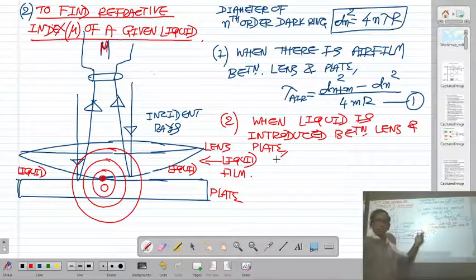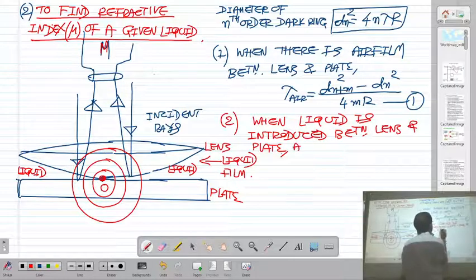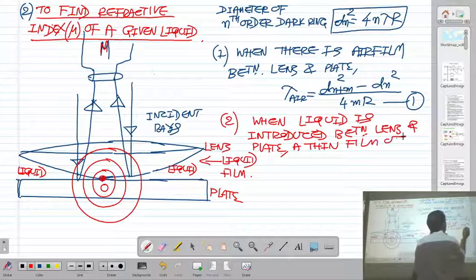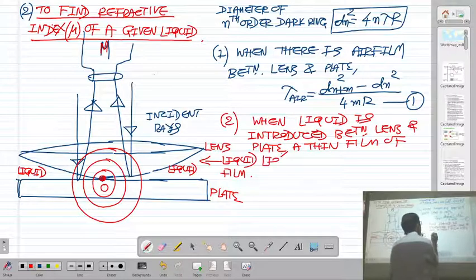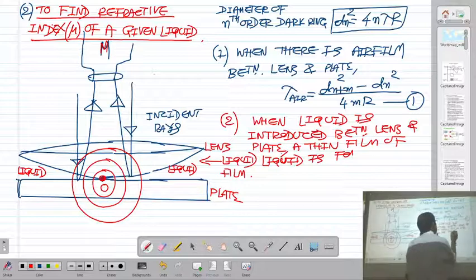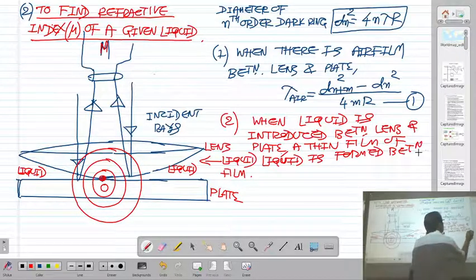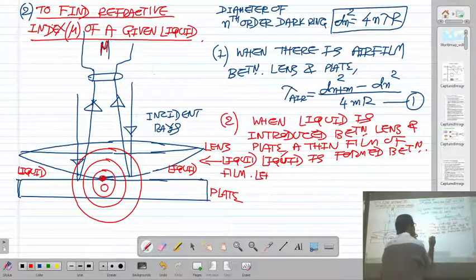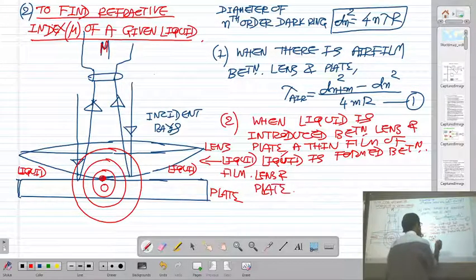When water or glycerin is introduced between lens and plate, a thin film of liquid is formed between lens and plate. So instead of air,